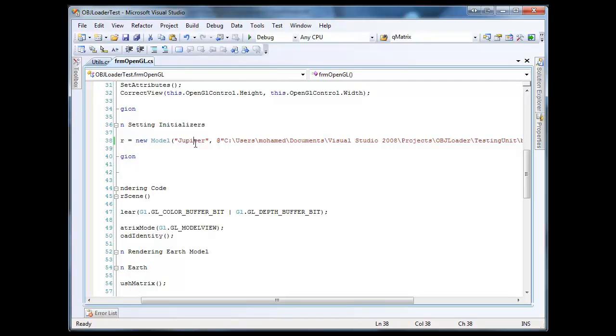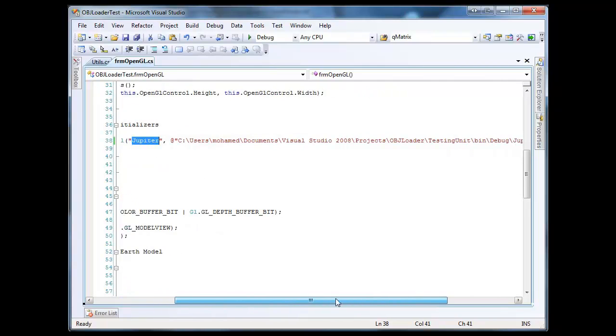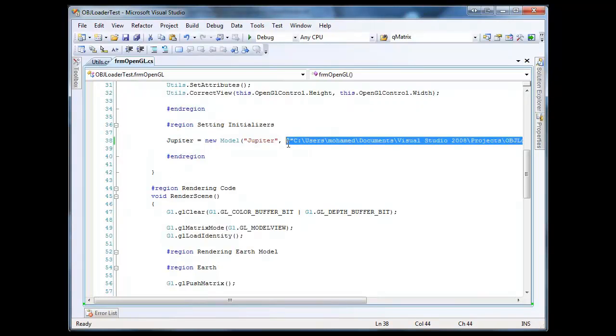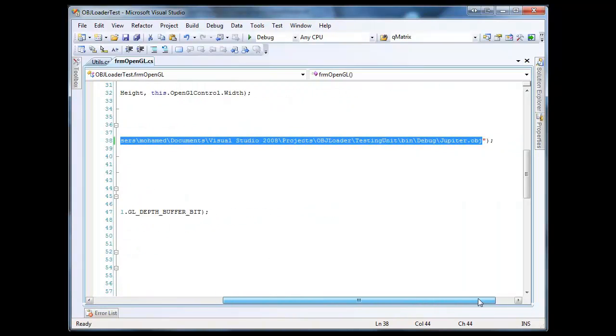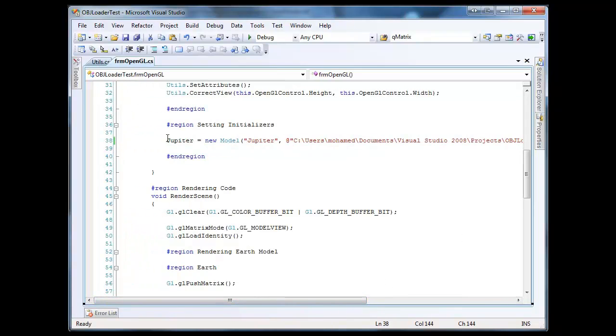You can simply index it by the name of your model, and you have to pass the full path to the OBJLoader, at least for this current version. In the next version you will not need to pass the whole path, but for now just put the whole path to your object, because I'm handling not only the OBJ file but the material file as well, so please make sure about that. Now once I create a new model